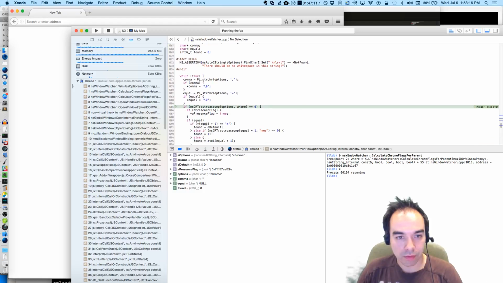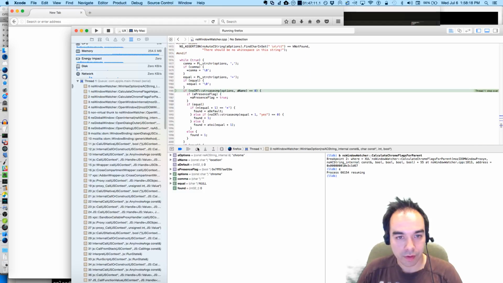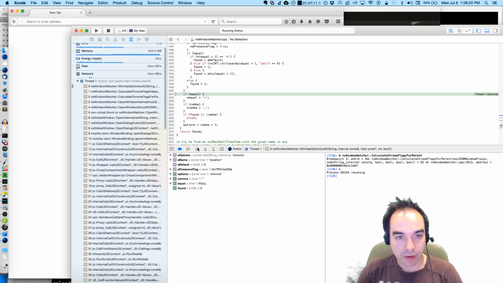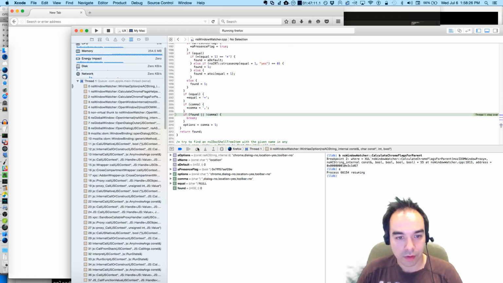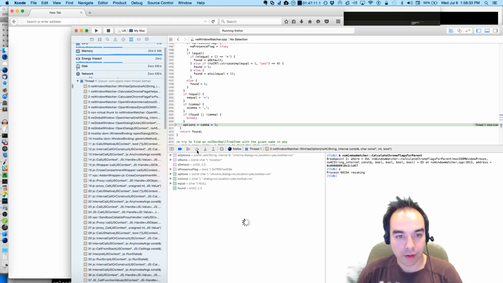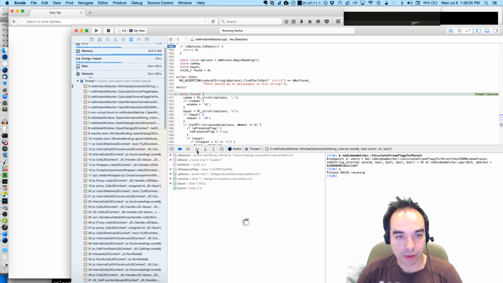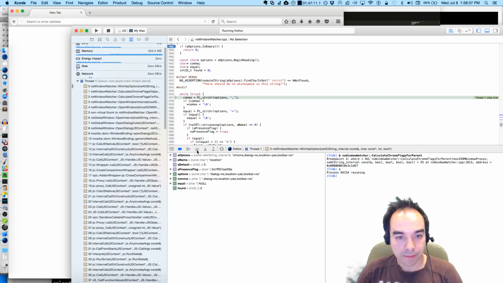Chrome. Equal. Nope. So then we put it back. Oh, we're going through them one by one. Okay, comma, options equals comma plus one. Next. So the next one should be location, I think.